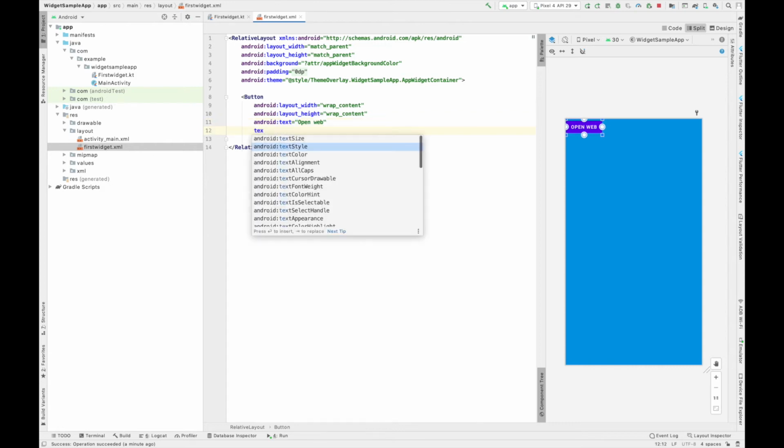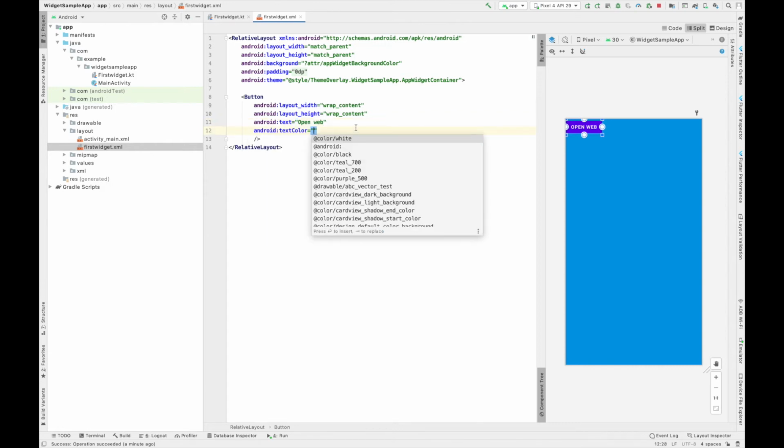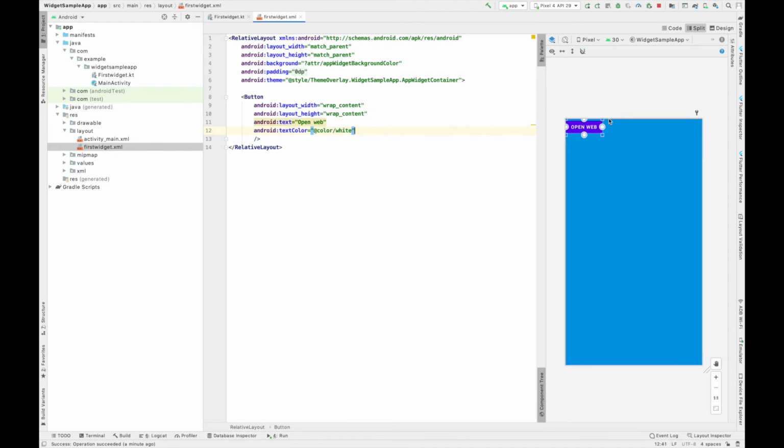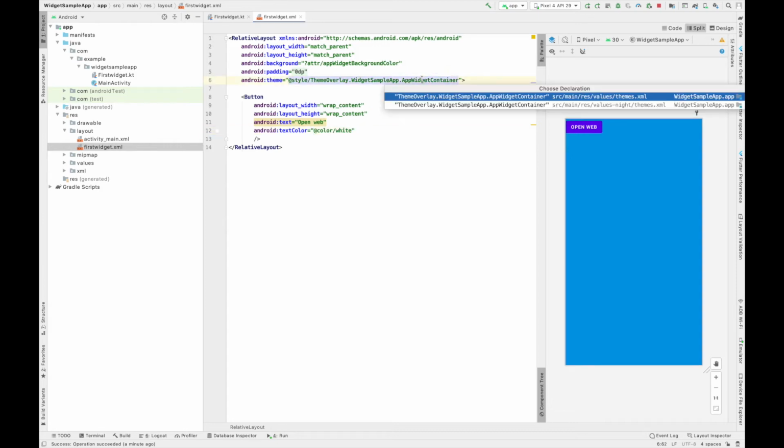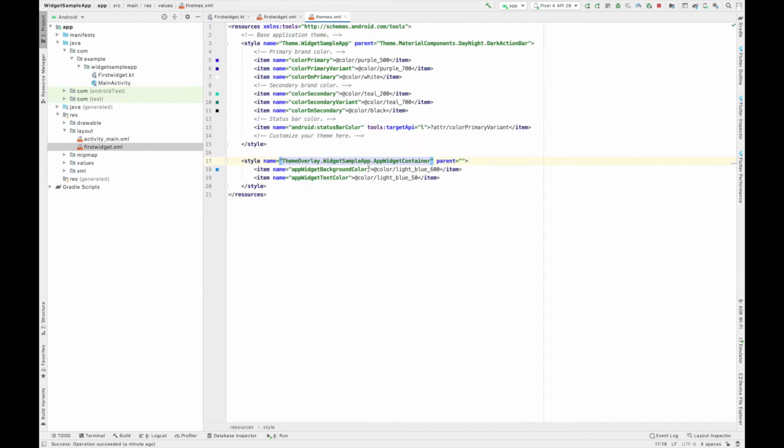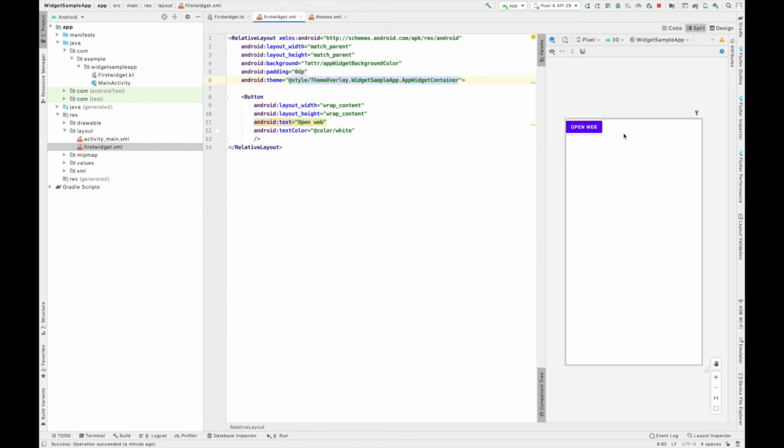It will have a text color white, but it is not needed. As you can see, it is already white. If you want to change the background color, you can go to app widget container theme, go here, and you can see this is the background color we have given light blue. I can give it a white. So this will be white, our background will be white.